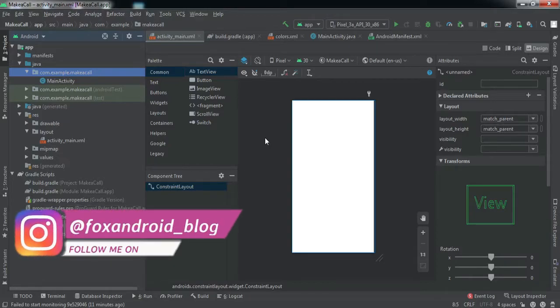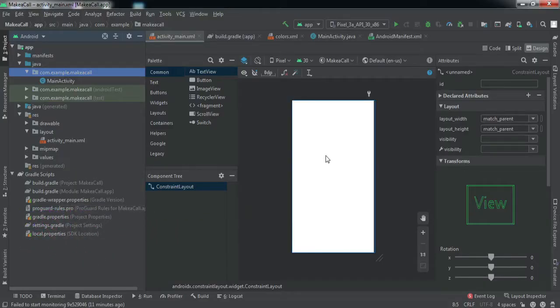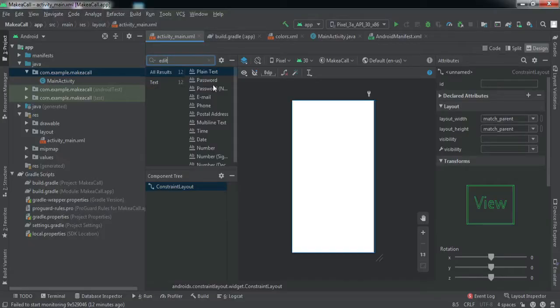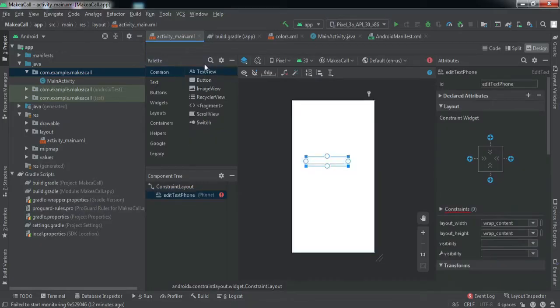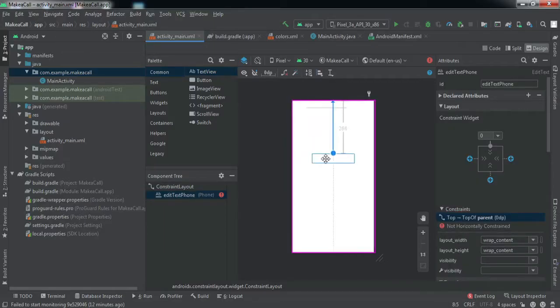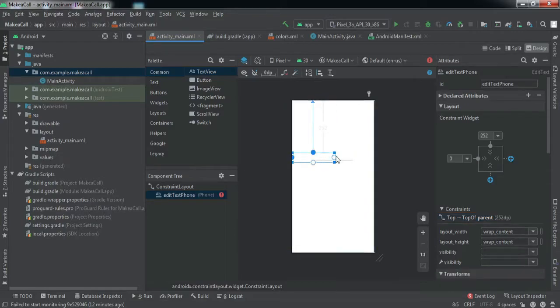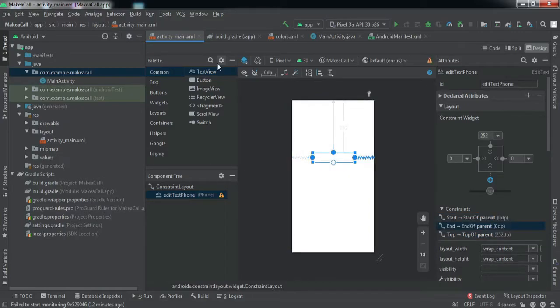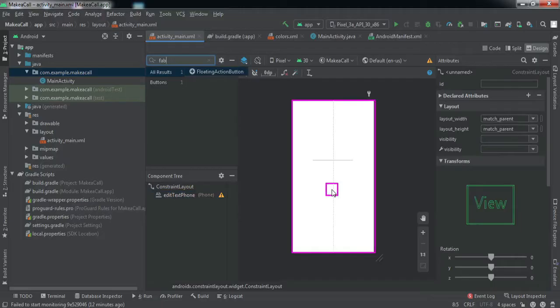So first we're gonna just put in the edit text and a floating action button inside this layout, right? We'll just search for edit text and we'll just choose this font type. And I'll just constrain it vertically, and horizontally as well. And I'll take this floating action button, right?